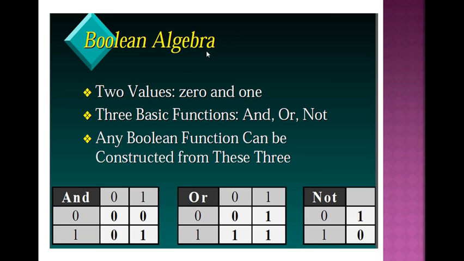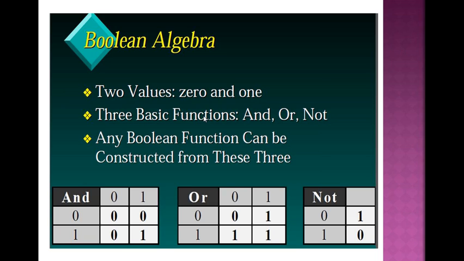Now, next is your Boolean algebra. What is the Boolean algebra? When we talk in terms of zeros and ones, that is known as the Boolean algebra. Algebra means mathematical calculations, arithmetic operations. So whenever we perform arithmetic operations on the Boolean values, means zeros and ones, that is known as Boolean algebra. This has two values, either 0 and 1, and it has three basic functions,